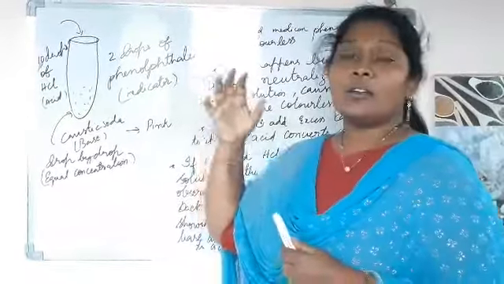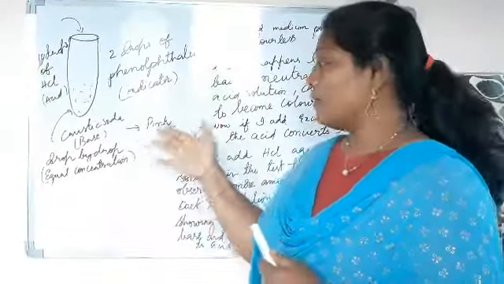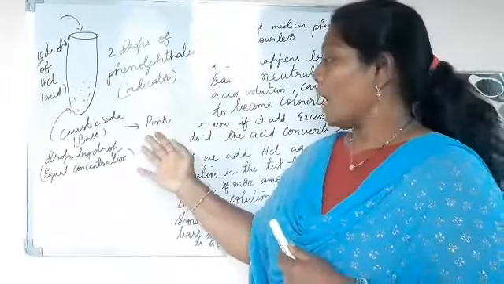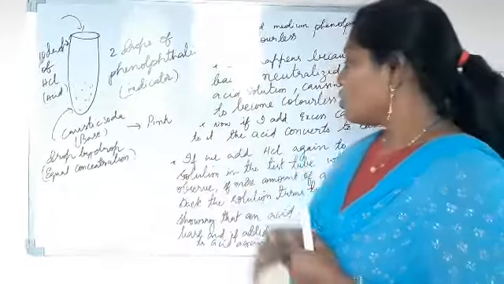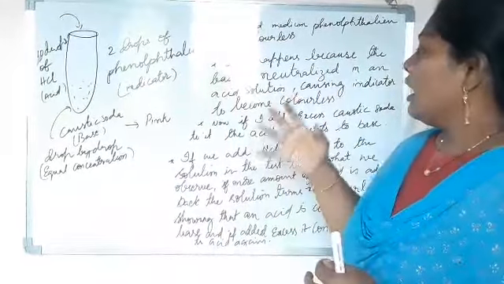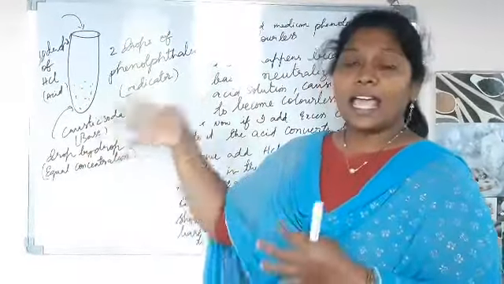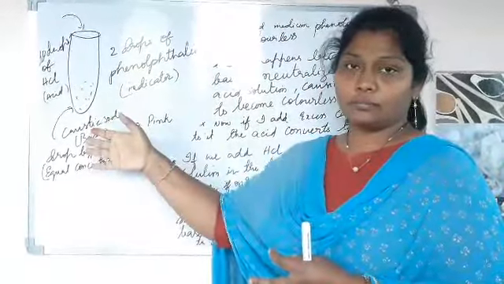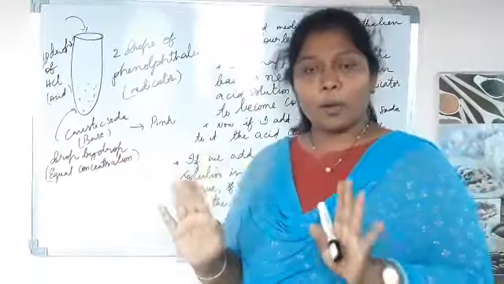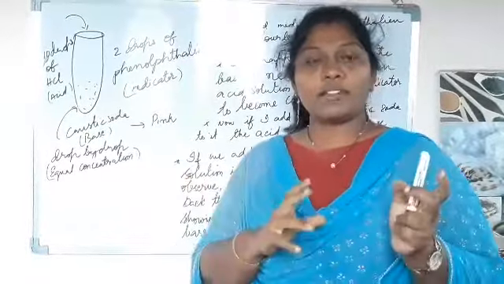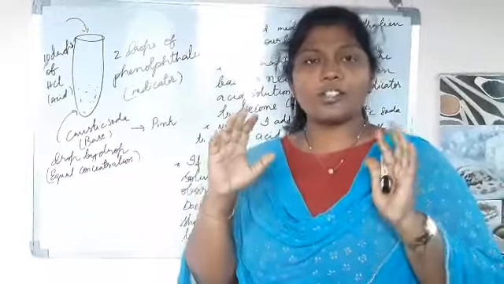An acid reacting with a base of the same concentration gives rise to a salt, and here a neutralization reaction has taken place. So what will we do now? Now we add caustic soda in excess to the solution. Up to now, an acid has reacted with a base in equal proportions. Here we have taken 10 drops, and there also we took 10 drops, so the proportion of the concentration is the same.